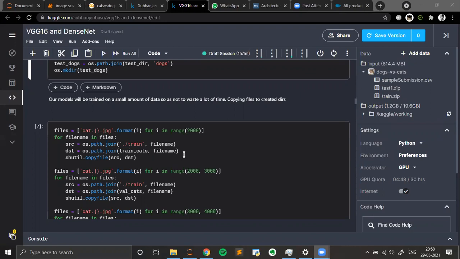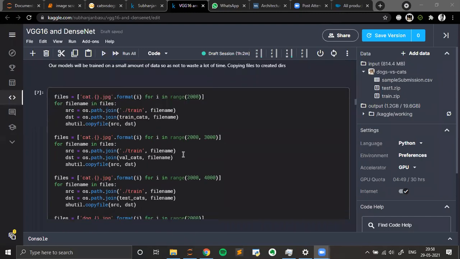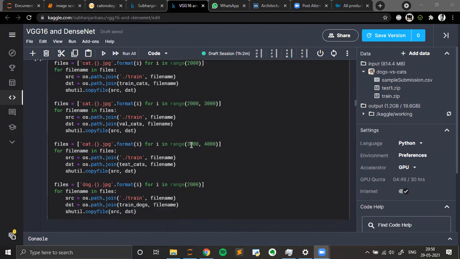I am copying my files from the original location where they were to the directories that I created in my previous cell. Originally my files were in the train folder, and now I have created train_cats. The first 2000 images I will copy from there to here. From 2000 to 3000 I'll put them in val_cats, for the validation part. So 2000 images will be for training, 1000 images for validation, and finally from 3000 to 4000,